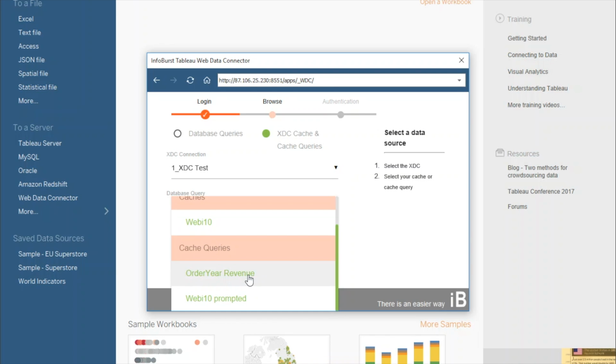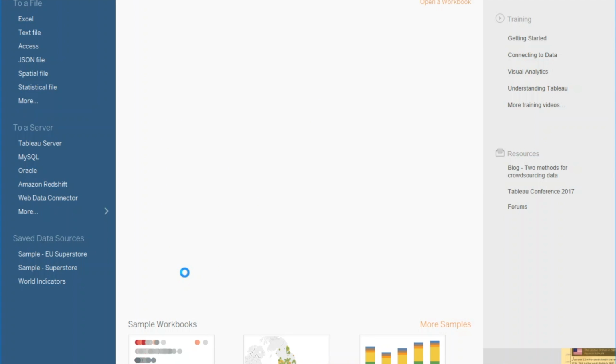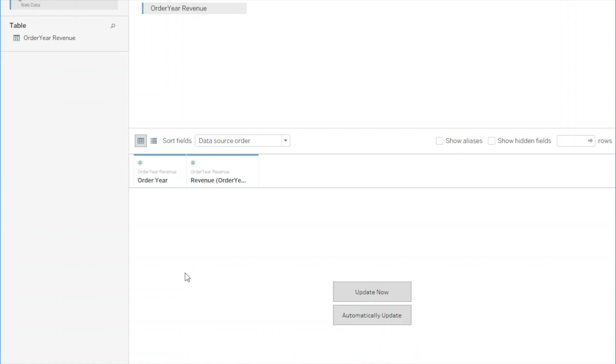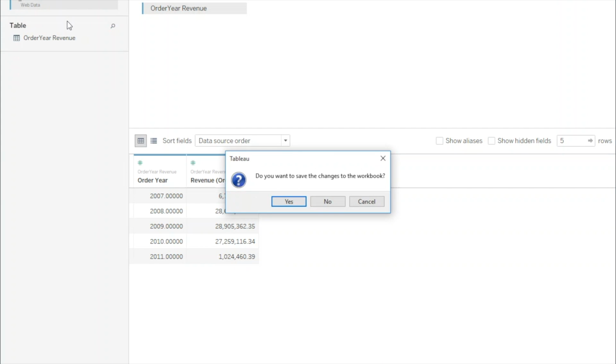So if I select order year revenue and go to next, as you can see, it has queried the one XDC order year revenue query and retrieved my order year and my revenue. Click on update to get the data, and I've got my information back into Tableau as well. So if I close out of this,